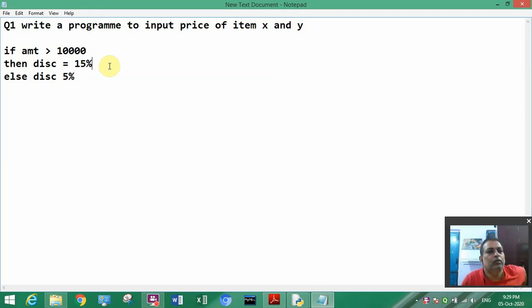So the final price will be what? Price equal to total price minus discount. Final price you have to calculate: total price minus discount, and you have to